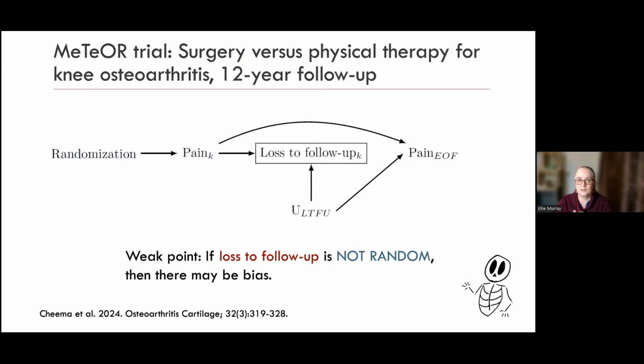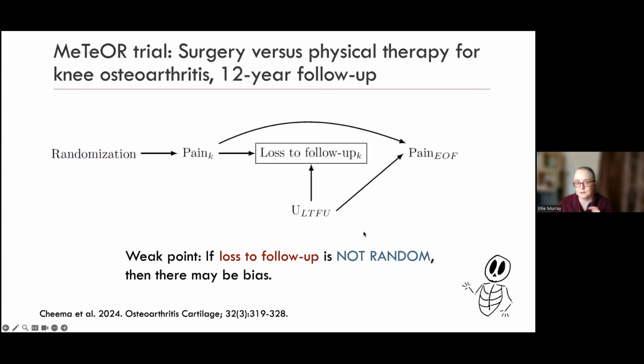So as an example, back to the meteor study, we're not worried about confounders for randomization. And so I'm just looking here at the ITT, but so we're not really worried about confounding per se, but we are potentially worried about common causes of loss to follow-up and pain in the long-term follow-up trial. And so, because loss to follow-up is conditioned on, it has the potential to become a collider, and therefore we need to think about variables of the type U long-term follow-up here, where if long-term follow-up is not random, then